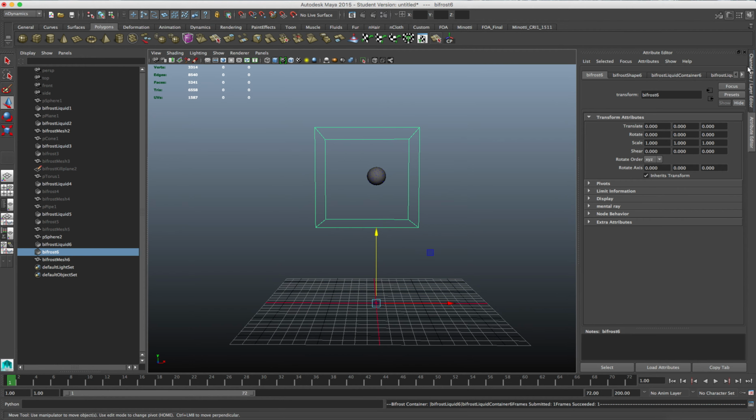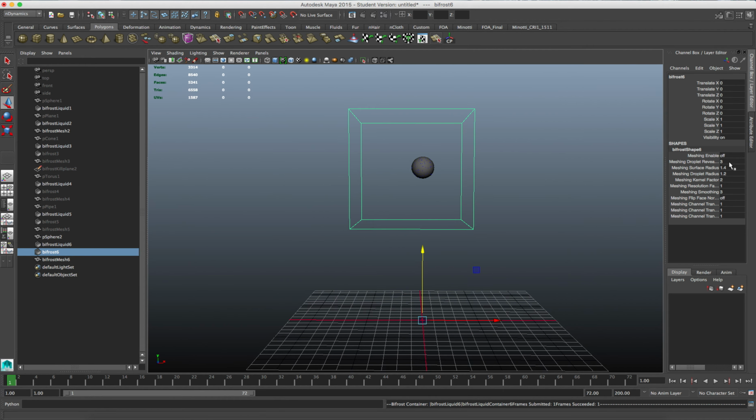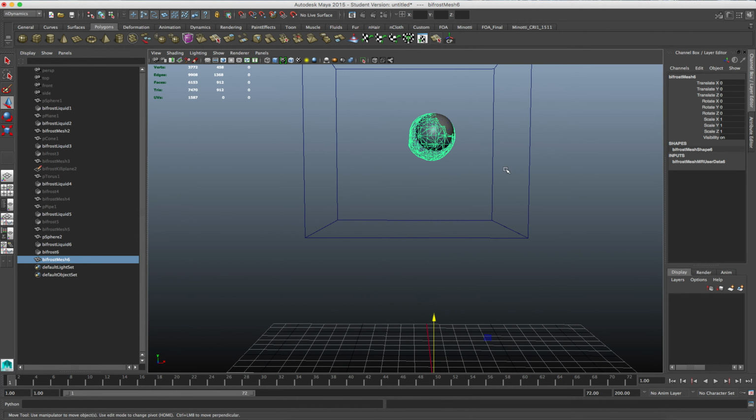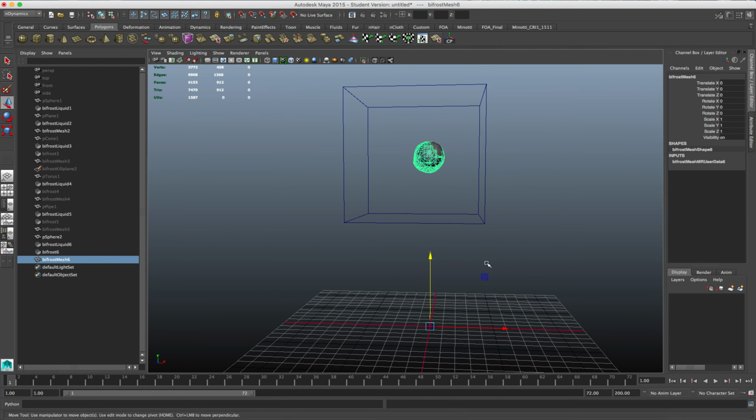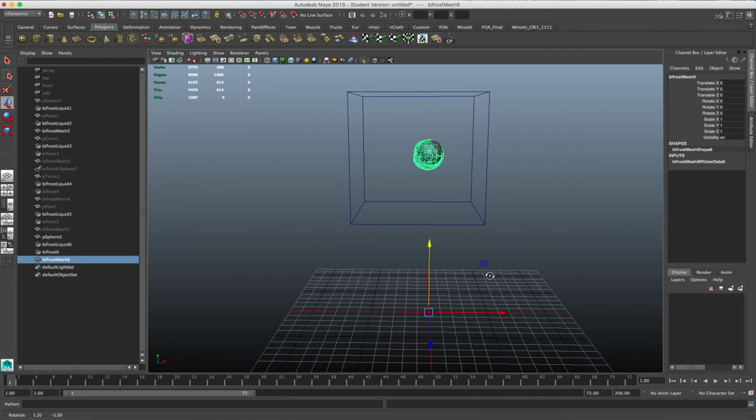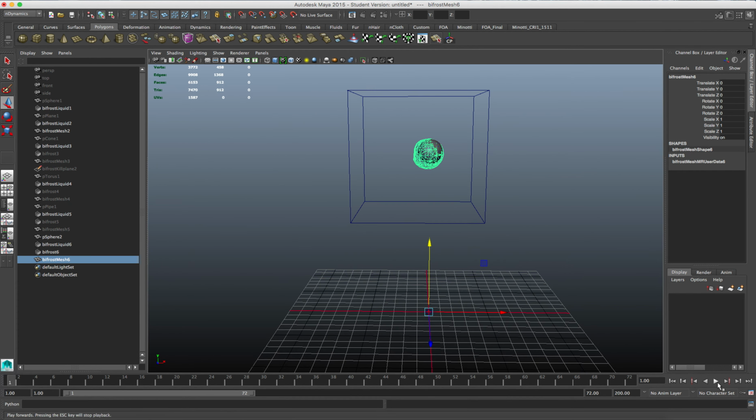Something that's very, very important is under shapes in the channel box that the meshing enable is on. This allows you to see the actual geometry. It subdivides basically some geometry so that you can see what is actually coming out. So that is basically all you do. You just hit play,